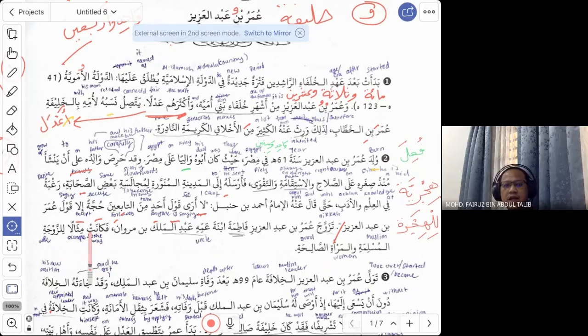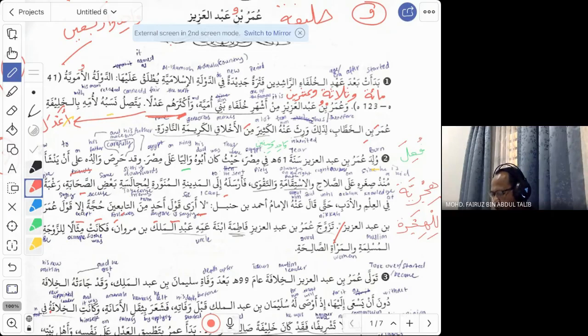So, yes, for the word kana, was, it can be used with different dhamir. So for example, you want to say he was, you say kana. You want to say she was, you change to kanat, just like a normal fi'l. When we say zahaba, zahabat, kana, kanat. If you want to change to I was, the word kana will become kuntu. So you say ana kuntu. Kuntu fil bait, I was in the house. If you want to say you were, kunta, just like anta, kunta, kunti, and so on. Okay, so this is how we use the word kana, was.